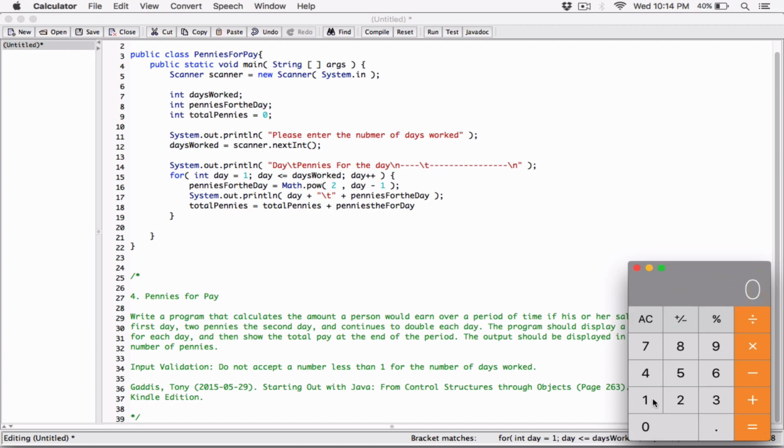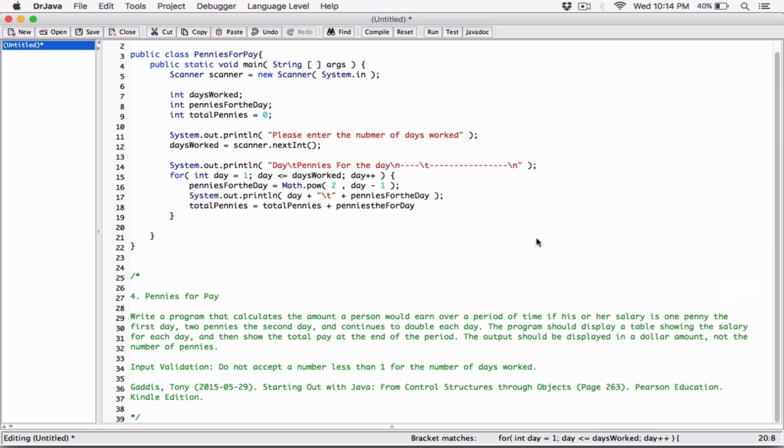If I have 152 pennies and I divide by 100 pennies, I get $1.52. Okay, so 100 pennies gives us $1. So basically, if we divide the total number of pennies, we get the exact dollar amount. It's going to be the exact dollar amount, and we have the total number of pennies here. So to calculate the total, let's go ahead and